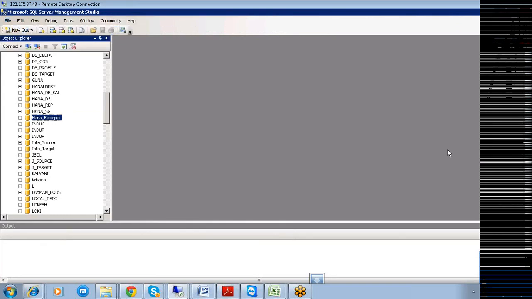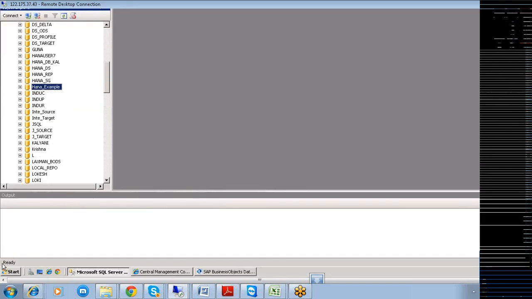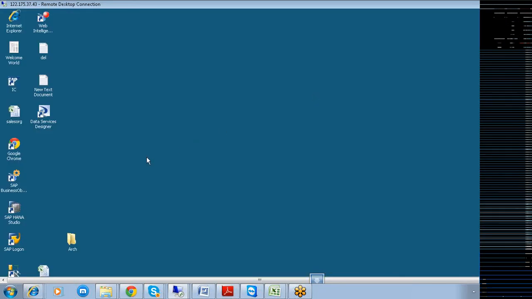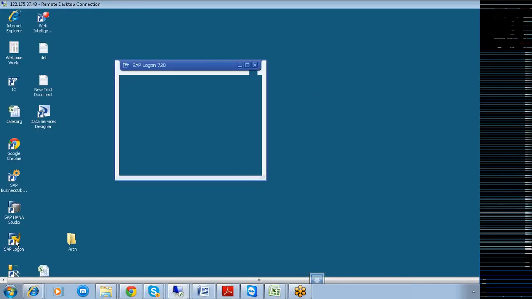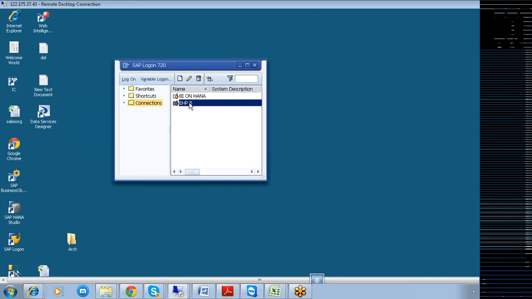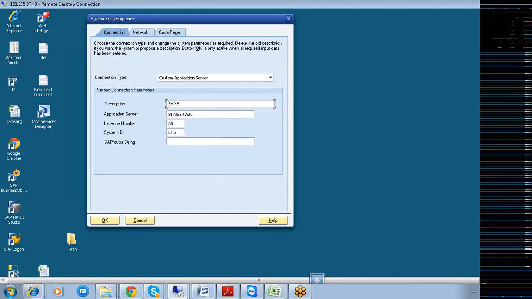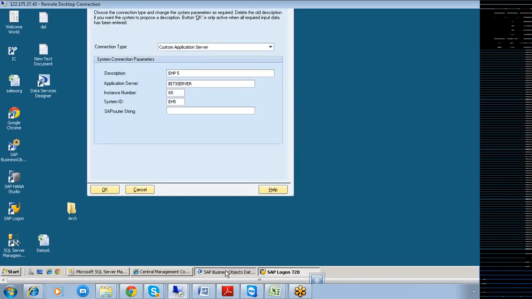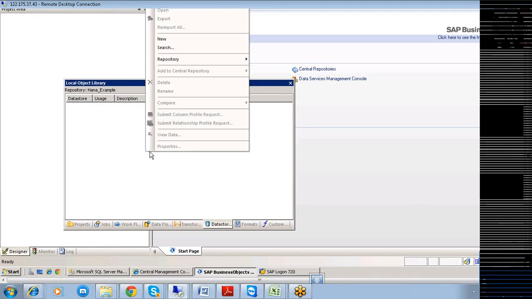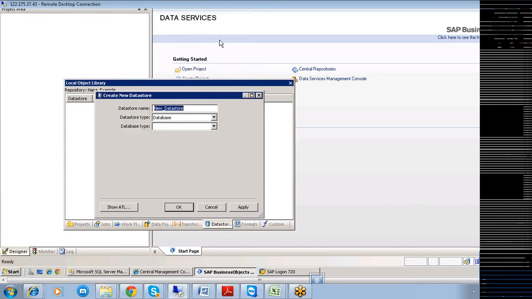First, select the SAP Logon. This one is your server. This one is your 65, right? 65. You go into this system, select this one, New.